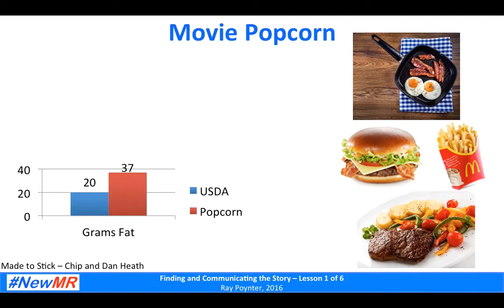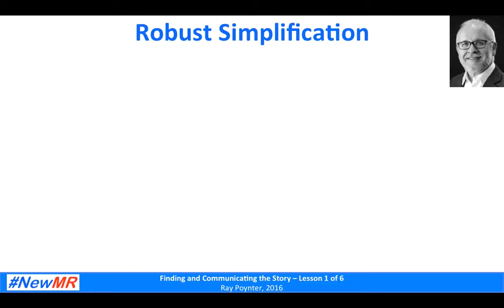So what they did was they brought in the press for a press conference, they put out a table and said, right, eating one medium-sized bag of popcorn is the same as having a bacon and eggs breakfast, a Big Mac and fries lunch, and a steak dinner in terms of saturated fat. All of that stuff on the right is the equivalent of one medium-sized bag of movie popcorn. Now we have a story with a real punch.